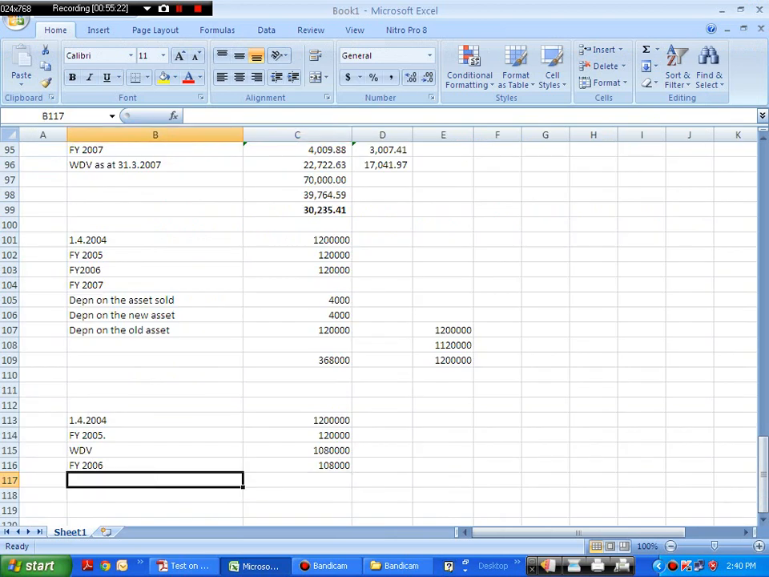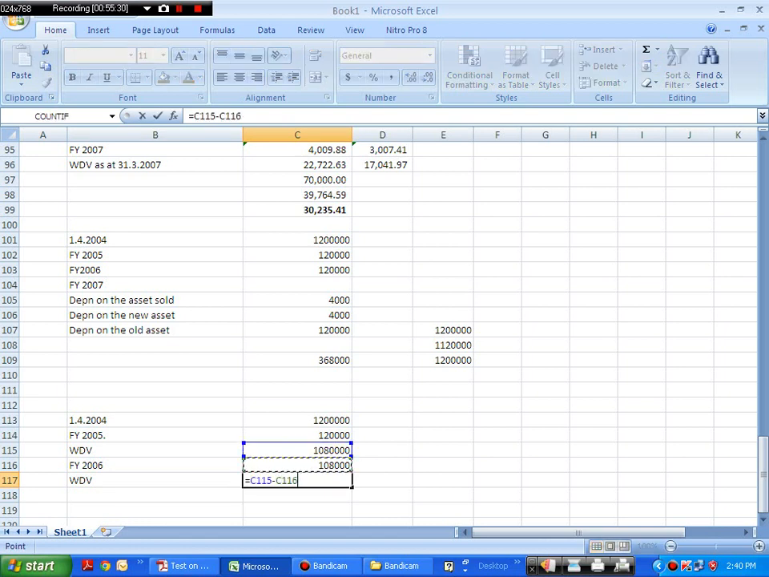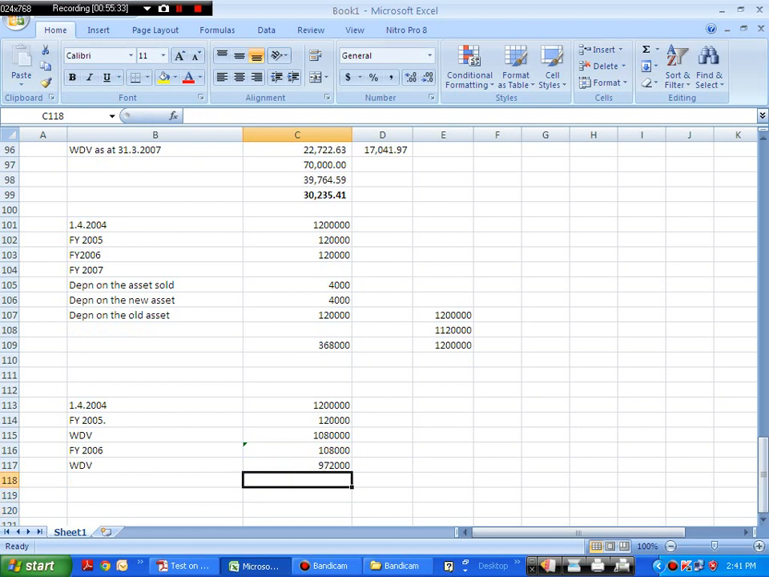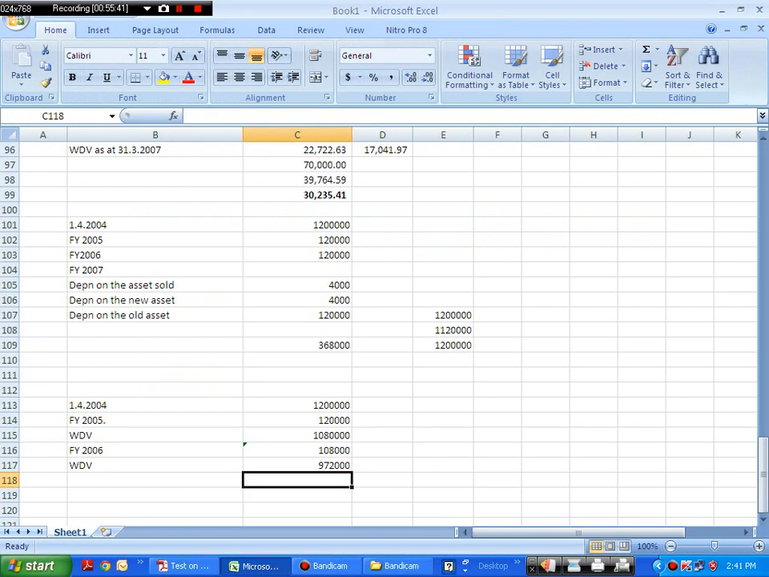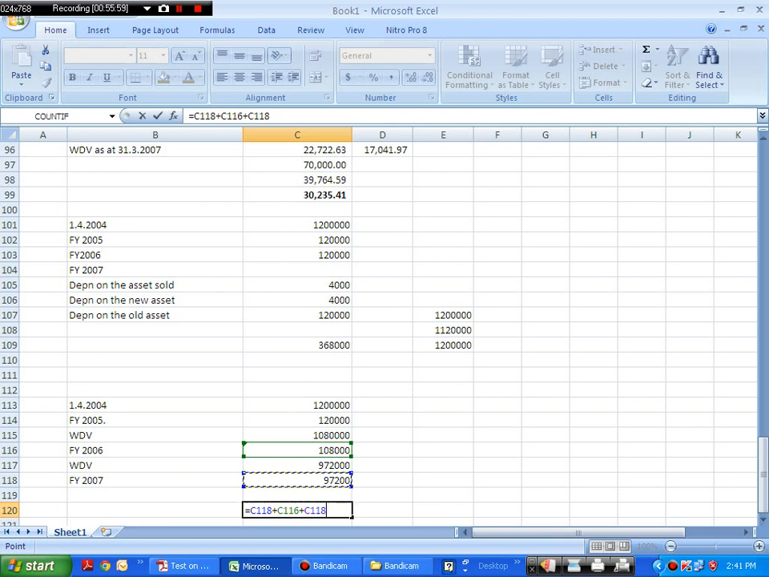And so now the WDV as at 31st March 2006 becomes 10 lakh 80 minus 1 lakh 8, which is 9 lakh 72. And they're asking us what is the closing balance of the provision for depreciation as at 31st March 2007. So FY 2007 depreciation will be this into 10%, right? So the accumulated depreciation balance as at 31st March 2007 will be 97,200 plus 1 lakh 8 plus 1 lakh 20,